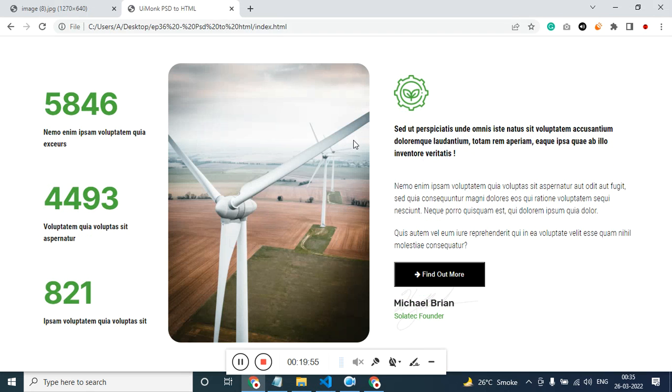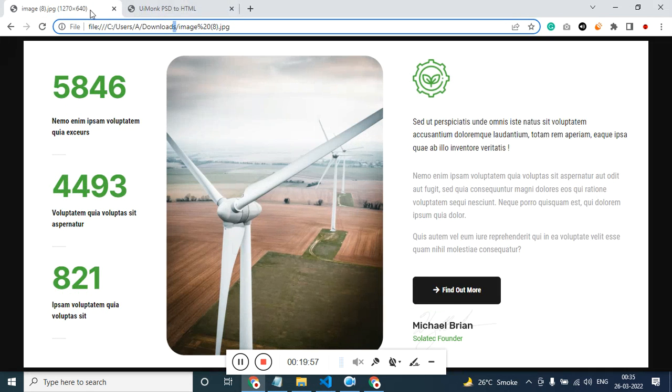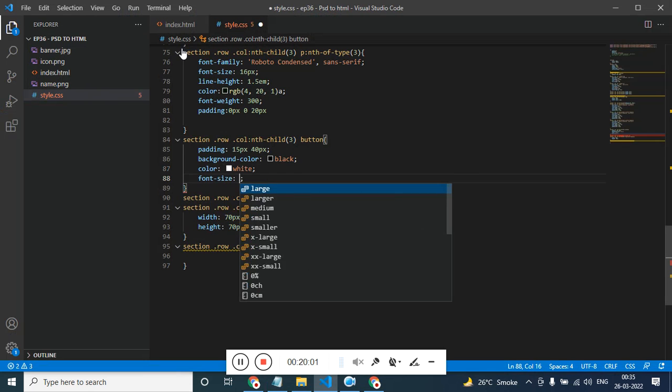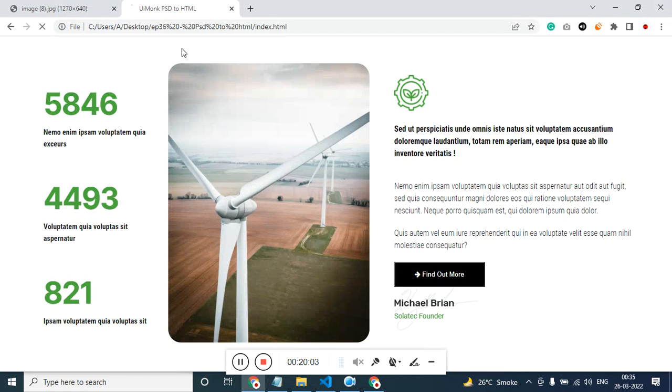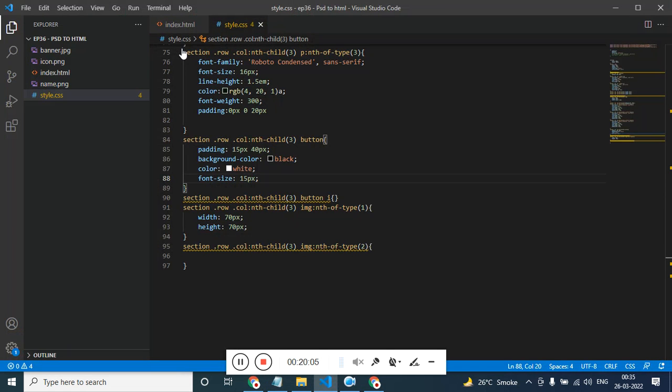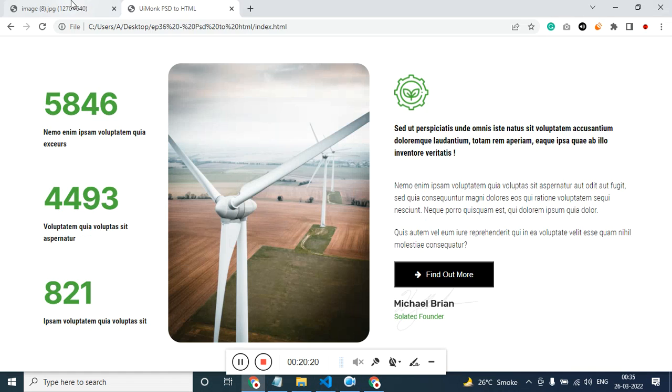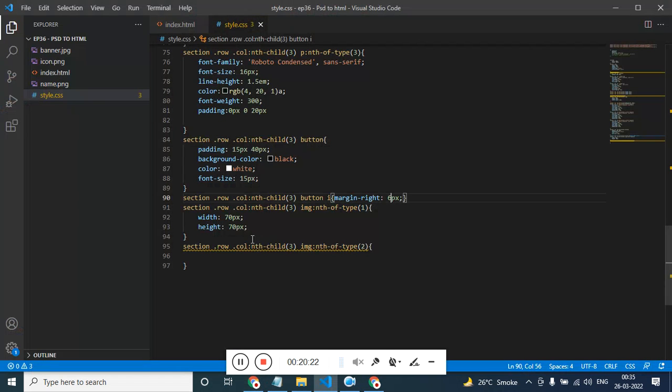Close, just the font size 15 pixel, and I should have margin right of 10 pixel, too much, 6, cool, and we need border radius for the button,